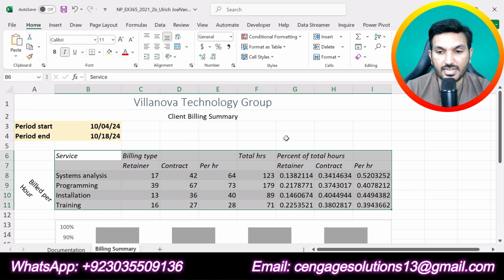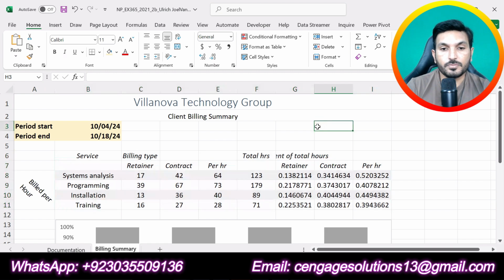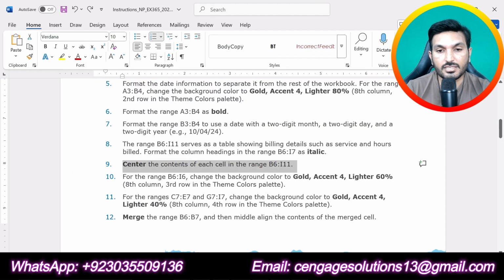So we have selected that range and now we are supposed to apply center alignment to the content of this range. So just go to the home tab. In the alignment section you can see different alignment options. So we are supposed to apply center to this. So we have applied center alignment to the content of range B6 up to I11 as required in step number 9 of this assignment. So step number 9 is done.